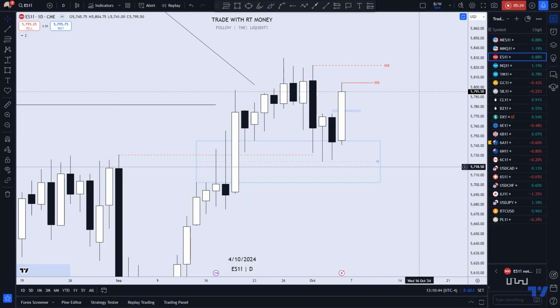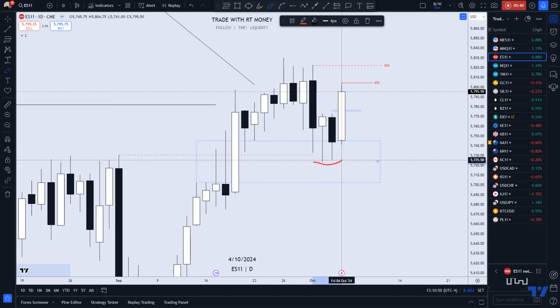I'm looking for longs. I'm looking for long setups. I will change my bias when price gives me a close below that fractal low. I like the fact that it formed a fractal low and it took out the previous day's high as it's trading through. So I'm bullish on this